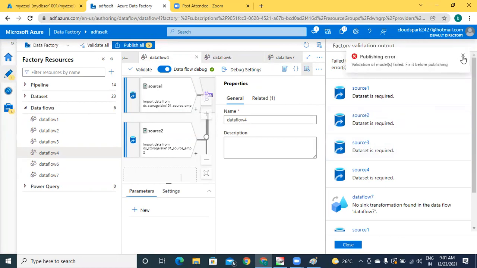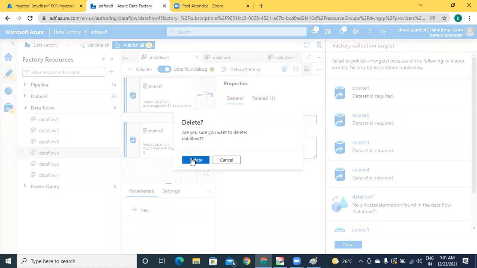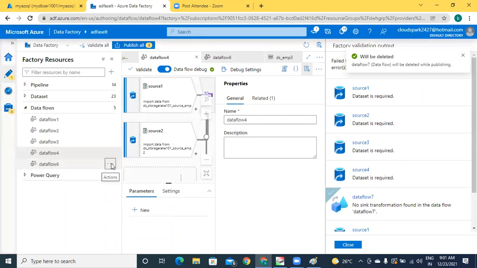Still some other thing. Source one data set is required, because we have used a lot of rough data flows. Let me delete all the things. Delete. Delete.